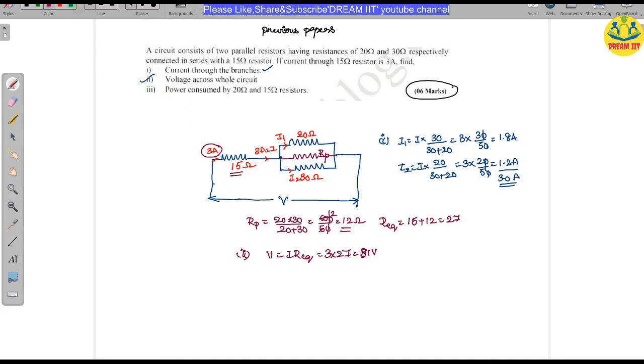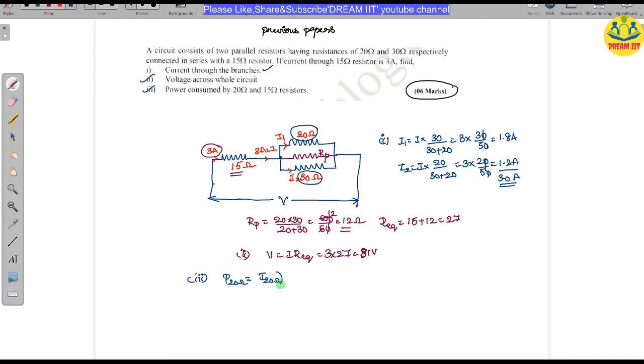And third question, let us see the third question. Power consumed by 20 ohms and 15 ohms. So you have calculated the current flowing through this resistor and the current flowing through this resistor. Now, what is the question asking? What is the power consumed by 20 ohms. So power consumed by 20 ohms, I am writing it as P20, that is